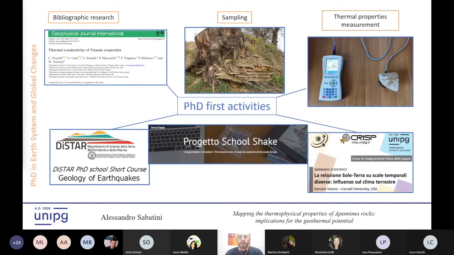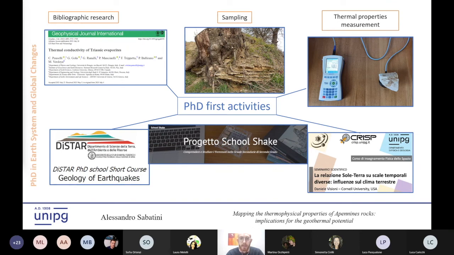In these first 2 months of work, I began to collect bibliography to increase the knowledge relating to the thermal conductivity of different types of rocks. I collected some samples to start thermophysical properties measurements, and the research today is also focusing on investigating suitable sites for representative sample collection. I followed a course on the geology of earthquakes and a seminar on the sun-earth relationship, and